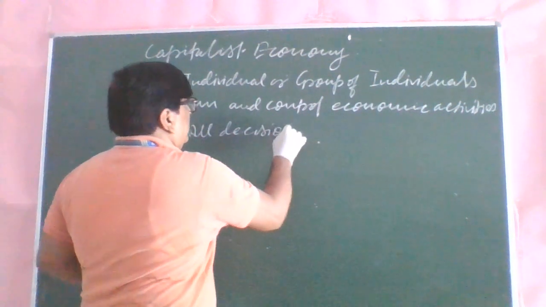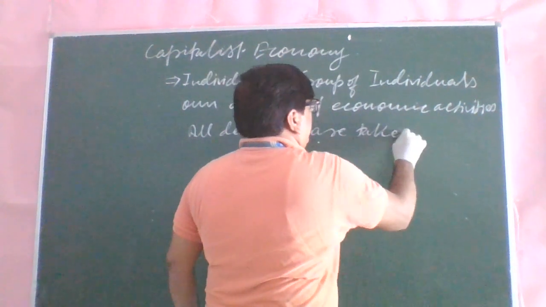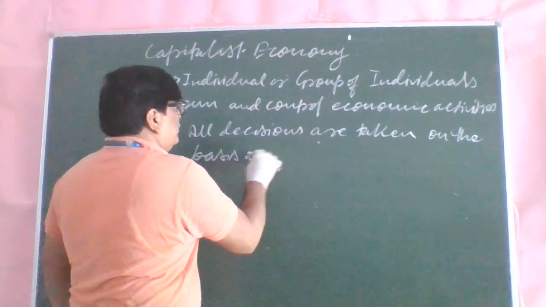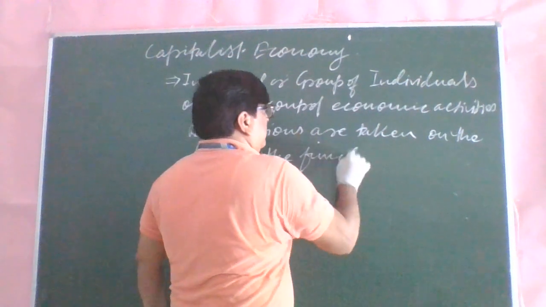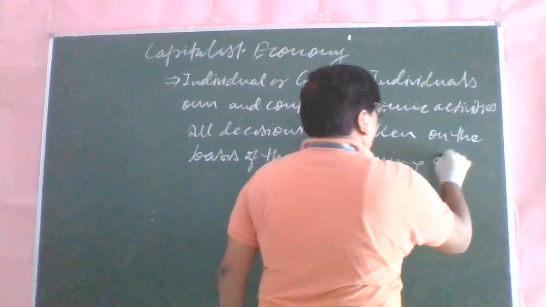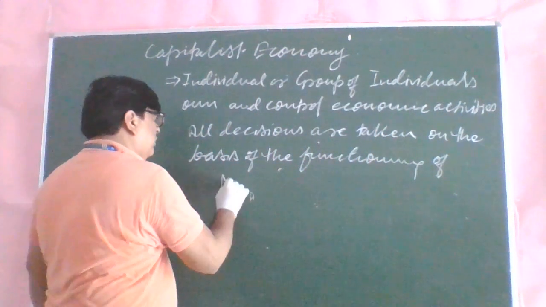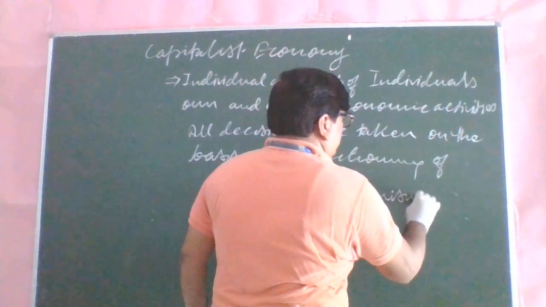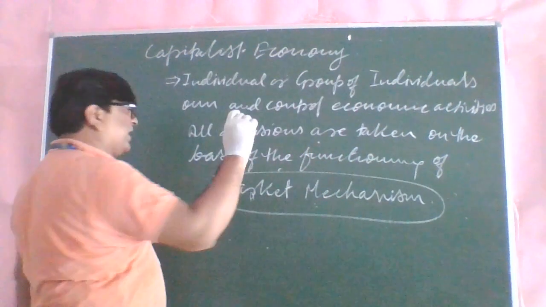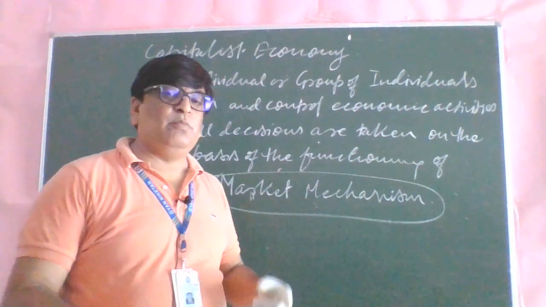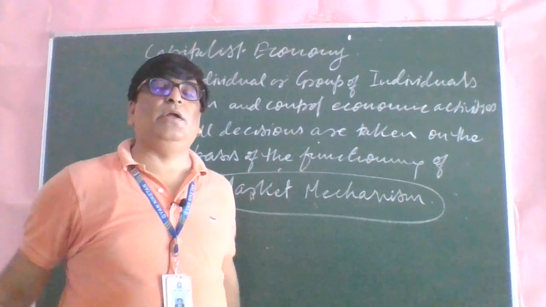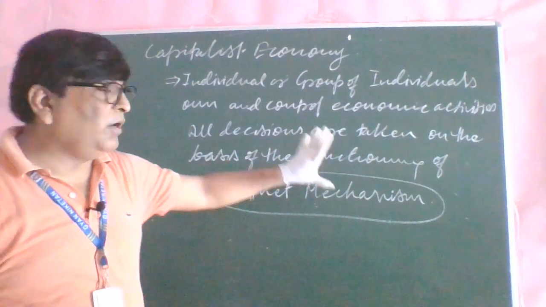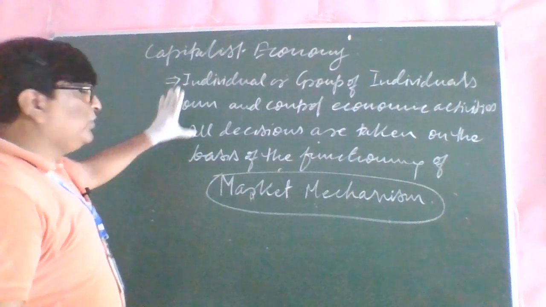मतलब all decisions are taken on the basis of the functioning of market मैकेनिज्म। ये मार्केट मैकेनिज्म आगे जाके पढ़िएगा आप लोग। व्हाट इज दिस मार्केट मैकेनिज्म? इंटरैक्शन बिटवीन डिमांड फोर्सेज ऑफ मार्केट एंड सप्लाई फोर्सेज ऑफ मार्केट। और जहां इक्विलिब्रियम होगा, दोनों में इक्विलिब्रियम, वही डिसीजन लिया जाएगा। क्योंकि ऑल द डिसीजंस आर टेकन बाय द फंक्शनिंग ऑफ मार्केट मैकेनिज्म,